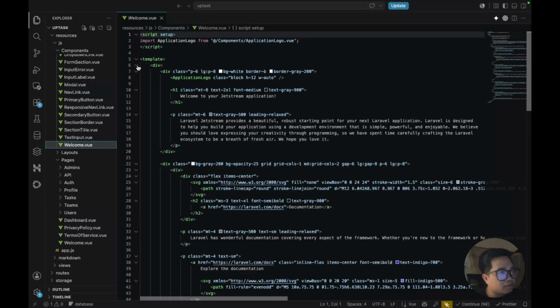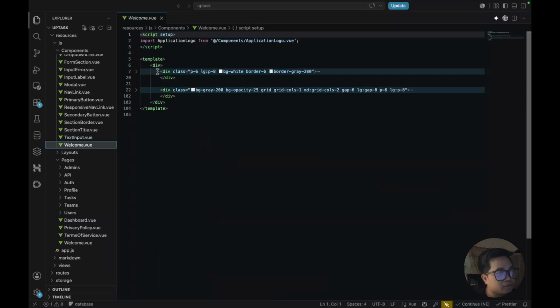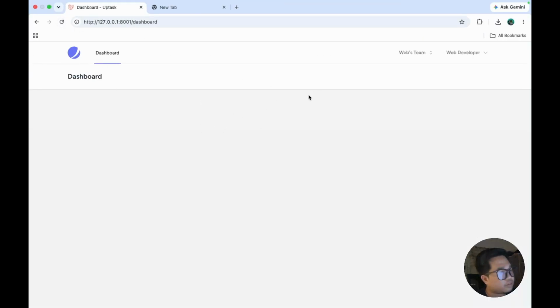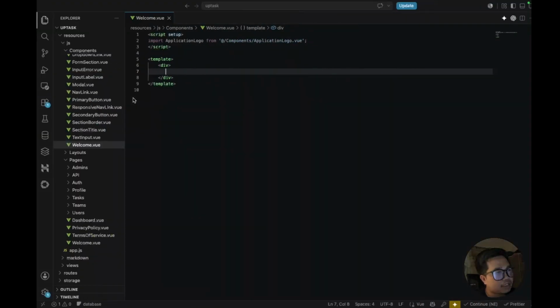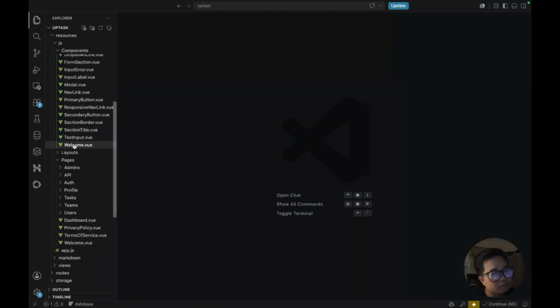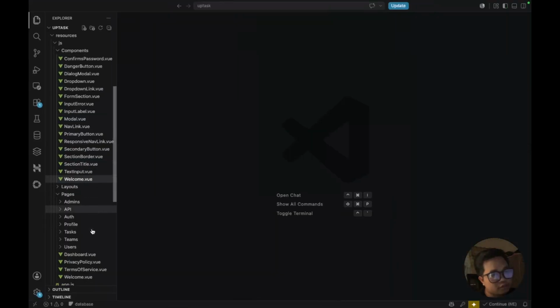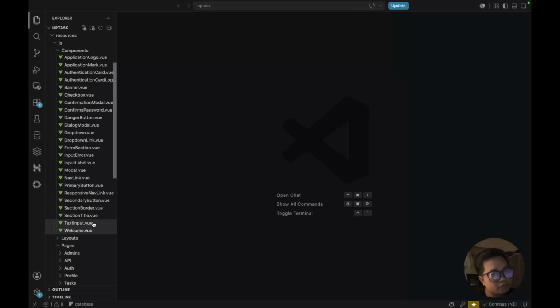For example, 600, you cannot put. So white is white. There's no light, there's no dark. So what if you want to make the white transparent, you just use slash and then 20. So that your white becomes transparent.